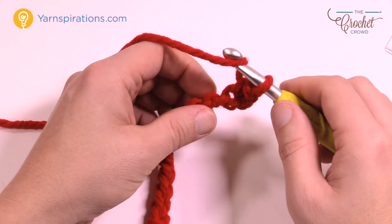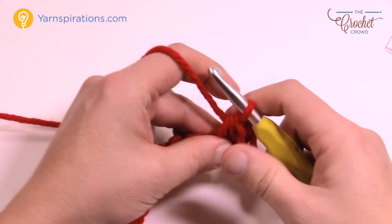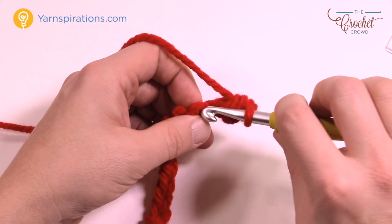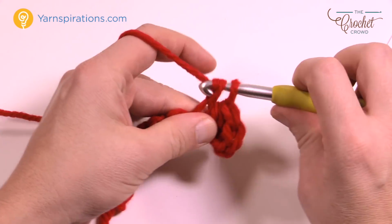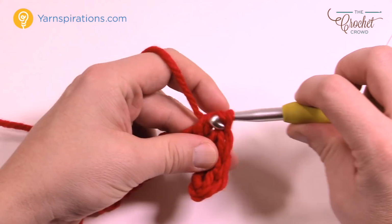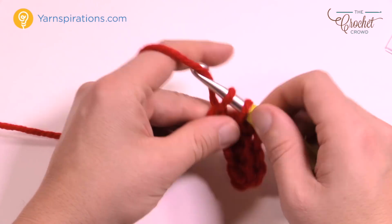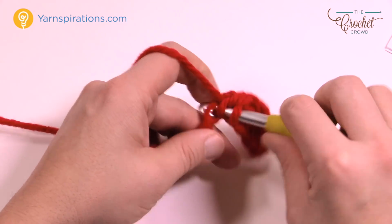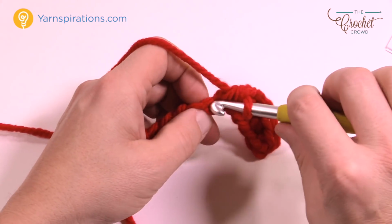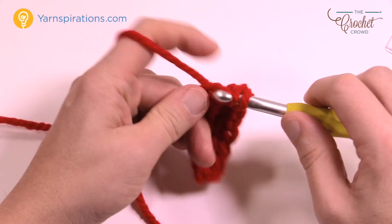So you're going to wrap the hook first, and then go into the next chain, pull through, and half double crochet. All you're going to do across this is alternate opposite of each other. The next one will be single crochet, and the one after that will be half double crochet, and you work across your whole chain just doing opposite each other. This is what's creating those bumps that look like they're going straight up in the project. It's either going to be a half double crochet or single, and it's really quite easy as you go all the way across. So this is a single, this is a half,